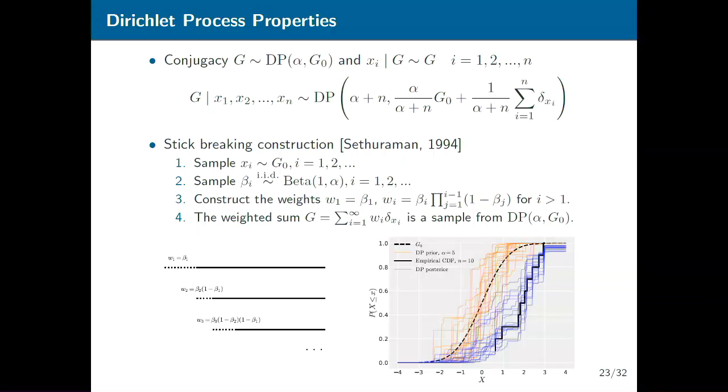You might look at this and think that it looks pretty ugly. There's a bunch of jaggedness. Turns out that's actually not too big of an issue, although by construction, the samples will be discrete with probability 1. It turns out that any distribution can be approximated arbitrarily well pointwise by a sequence of samples from the Dirichlet process, much like how the rationals are dense in the reals.